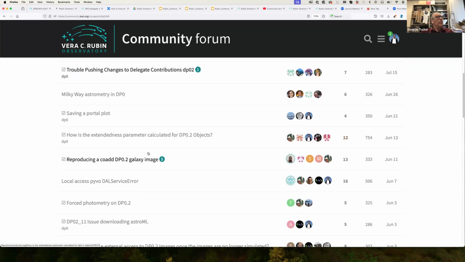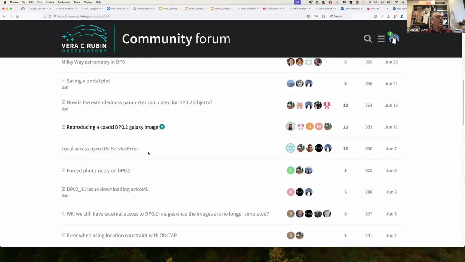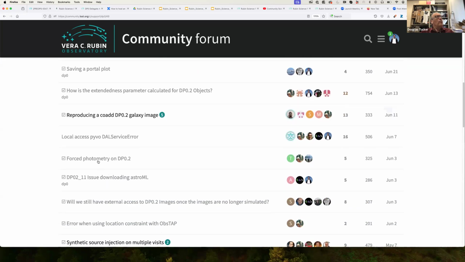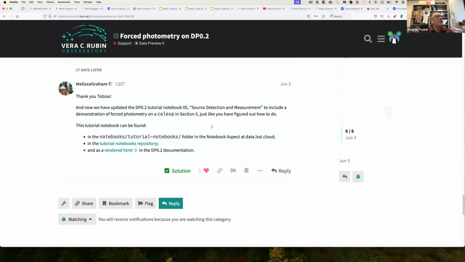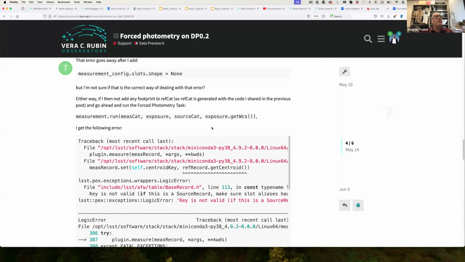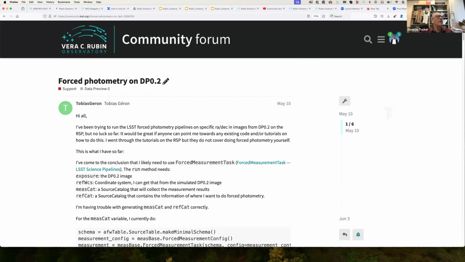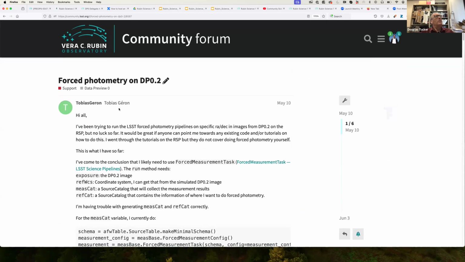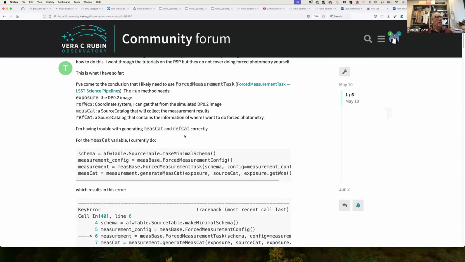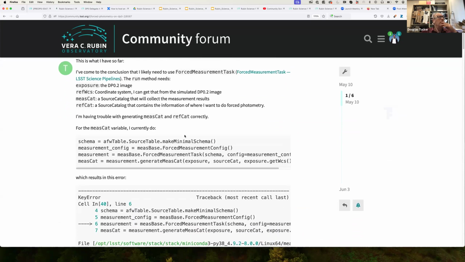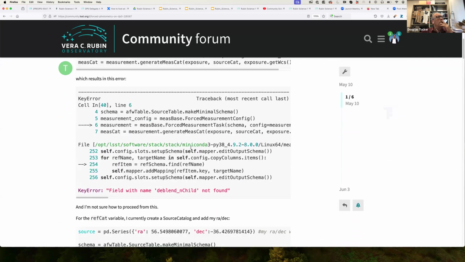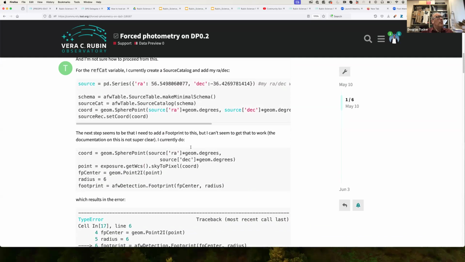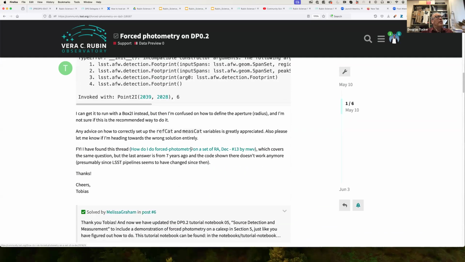Let's see, one of the older ones, maybe. Force photometry. Let's do force photometry. So here we see, oh, there's a lot of stuff going on here. So Tobias sent this question and included code snippets and so on. And so where he had an error,